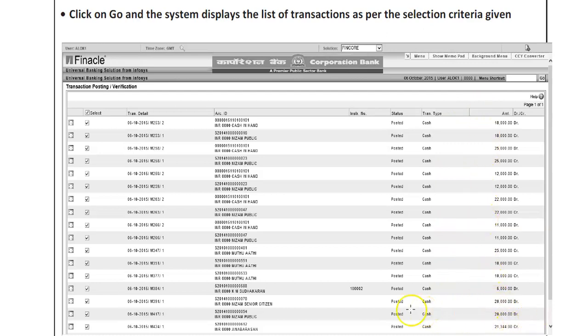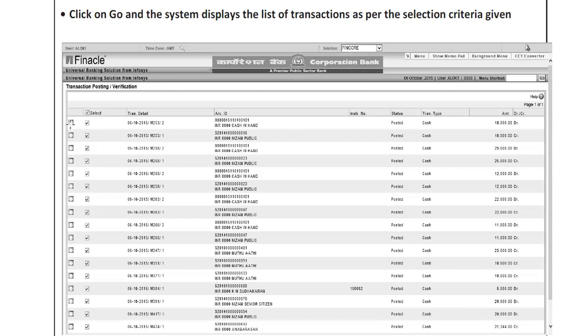You can scroll down here, and if you want to see the details, on the left-hand side you can see this detail icon. As soon as you click here, you can view both the entries made, whether cash entries or transfer entries as per the double entry system.